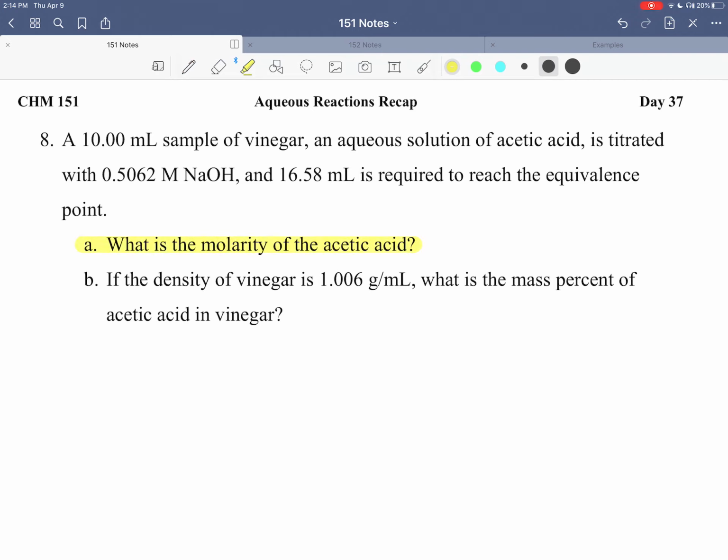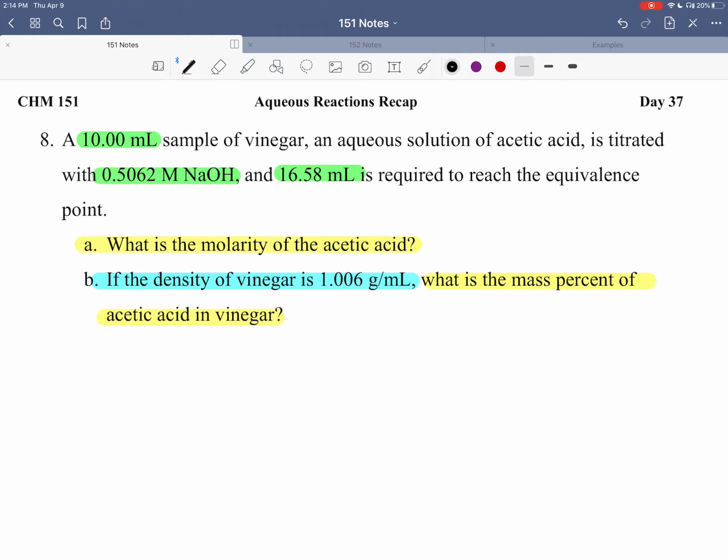And it gives you the density. What is the mass percent of acetic acid? All right, so we have a 10 milliliter sample, and that's my molarity and volume of sodium hydroxide. So the first thing we need to do